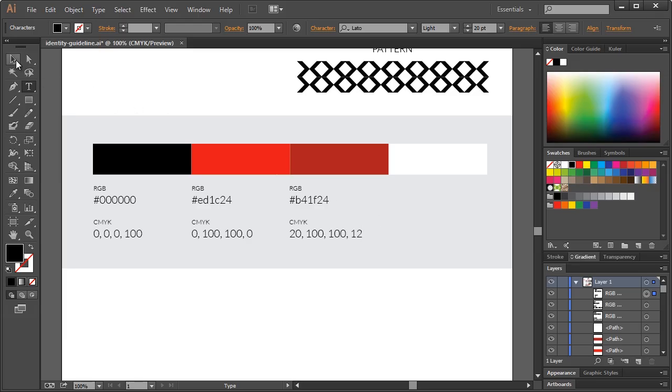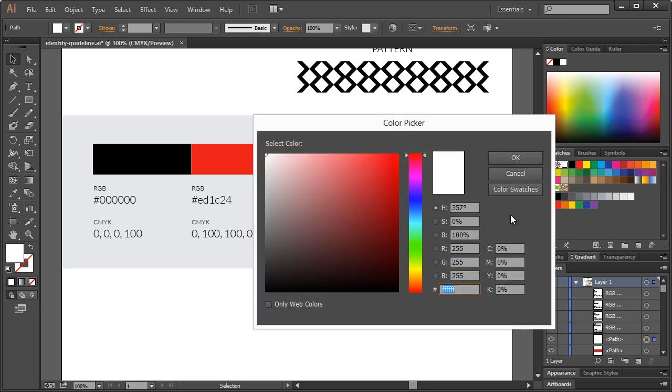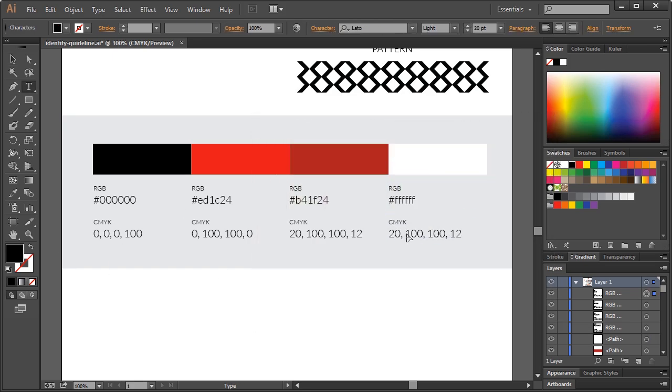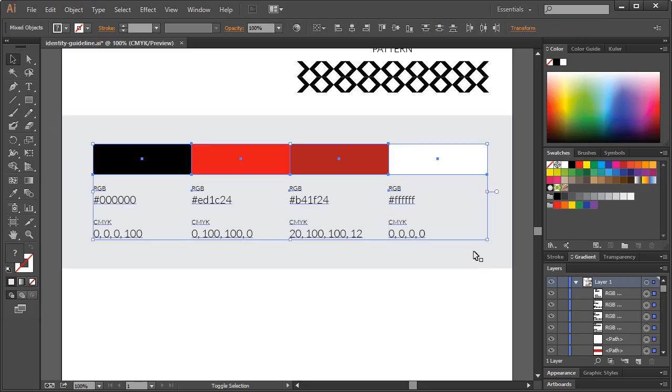I think that's right. And then Control C, Control F a final time. This I just know offhand is 1, 2, 3, 4, 5, 6 Fs. And this is all 0. So 0, 0, 0, 0. Okay. So now let's go ahead and I'm going to select everything, and then hold Shift and select the background